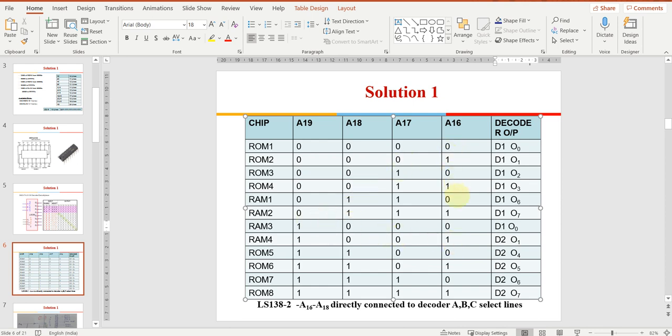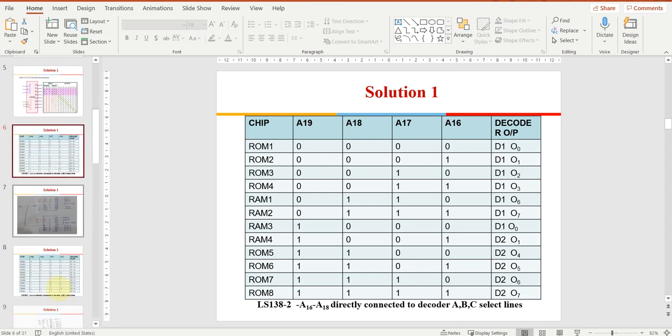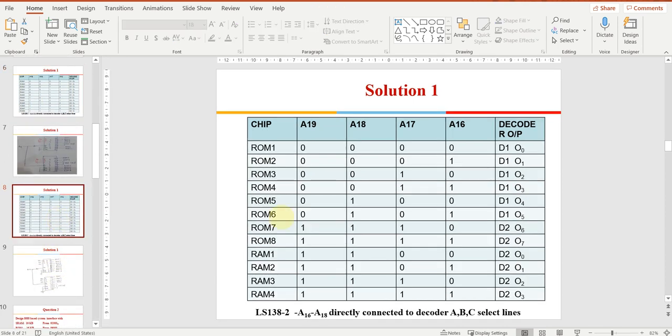This is the table. So I have 0 1 2 3 4 5 6 7.